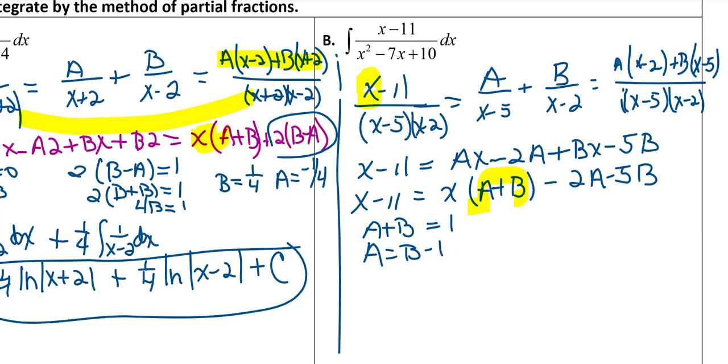And now I'm going to substitute it in the other part, and I know that negative 2A minus 5B has to equal negative 11. So if I substitute for A, I have negative 2 times (B minus 1) minus 5B equals negative 11. So simplifying this expression, I have